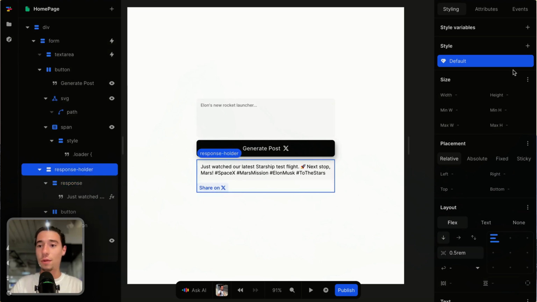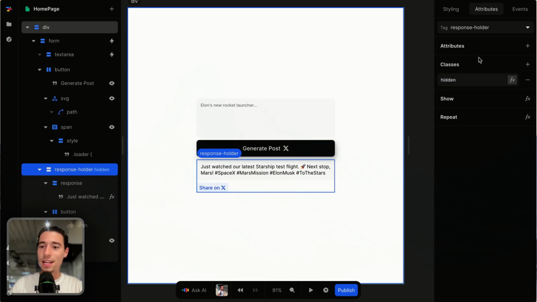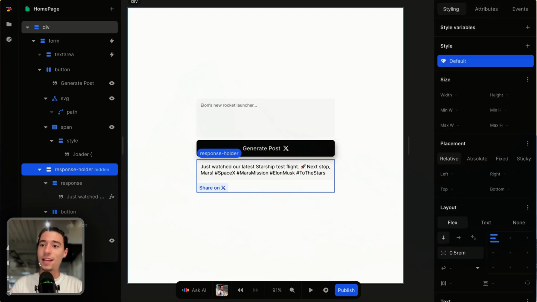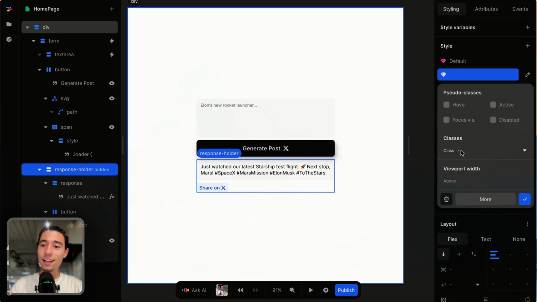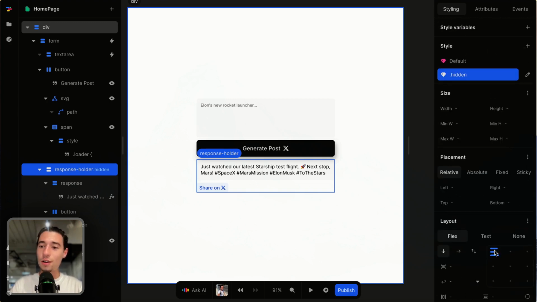So I go to this response holder and I create under attributes a new CSS class for it called hidden. Just like that. We're not making it conditional yet, but I just add the hidden class. Now I go on styling. I create a new style. I create a style for the hidden class. We'll check that one. And now what I want to do is I want to make sure this is aligned